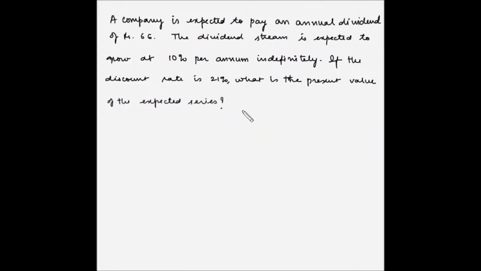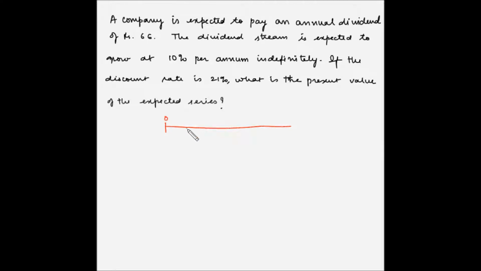A company is expected to pay an annual dividend of rupees 66. Now the dividend stream is expected to grow at 10% per annum indefinitely. If the discount rate is 21%, what is the present value of the expected series? So let us draw this on a time scale first. It is an infinite series, that means it is a perpetuity,